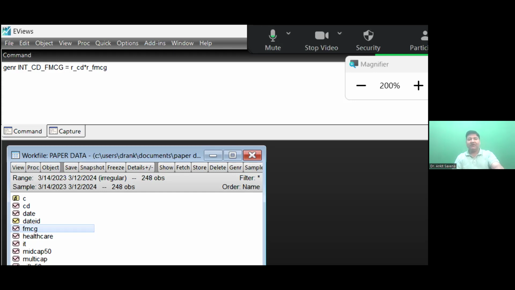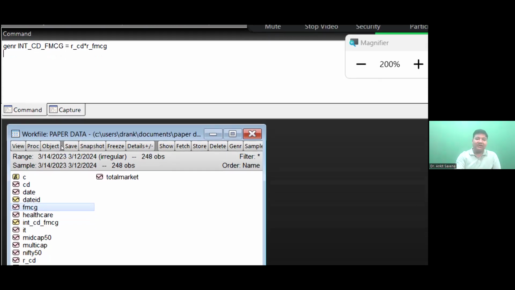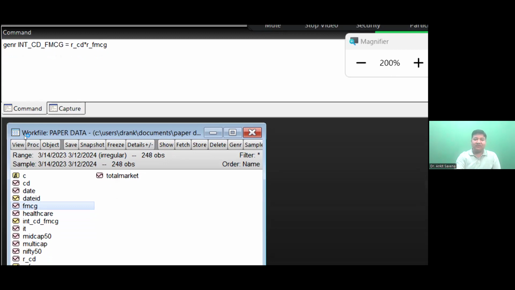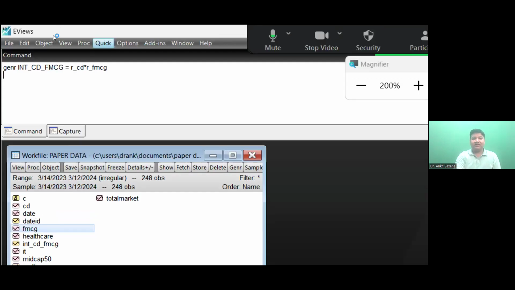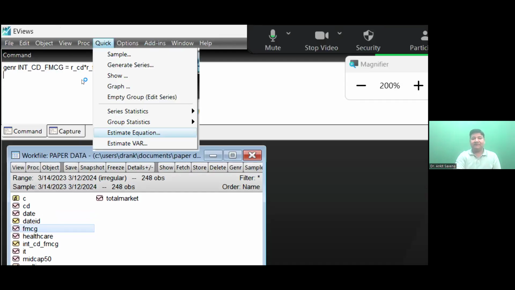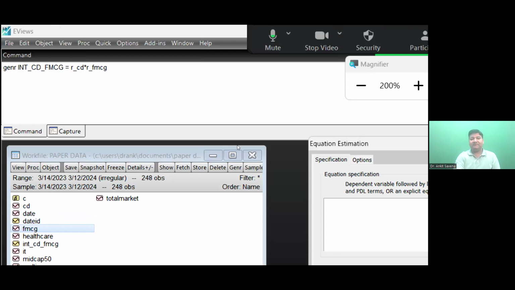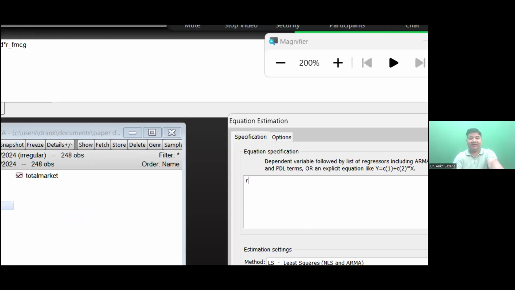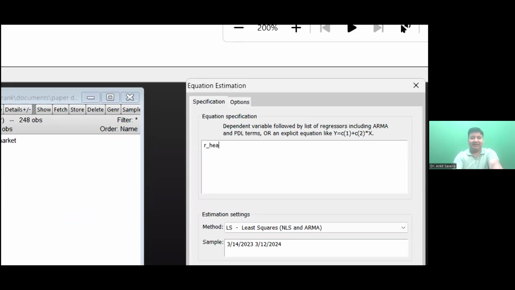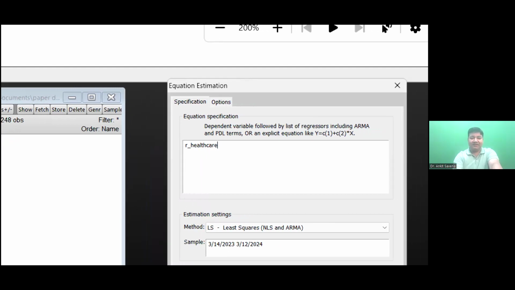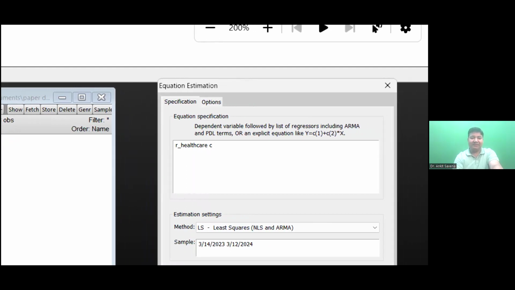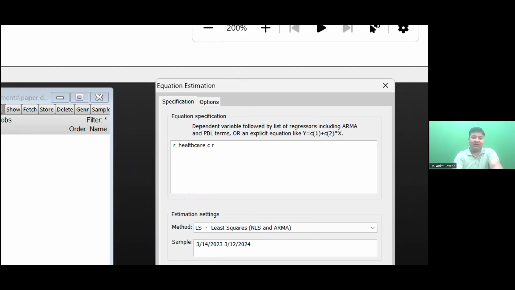So what it will do, it will create a new variable in your data set, and you can hit enter. The moment you hit enter, you'll see that the interaction term of consumer durable and FMCG has been created. Now, if you wish to run the equation here, we'll go to Quick, Estimate Equation. And in Estimate Equation, we will write what we said: that healthcare sector returns depend on a constant I'm adding here, and on our